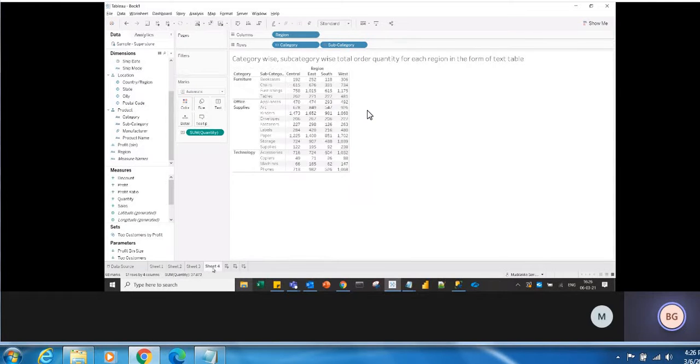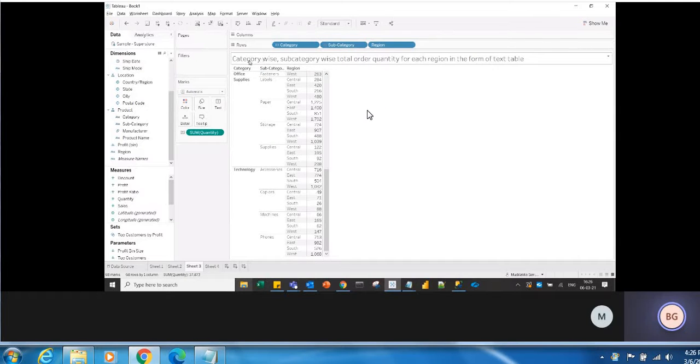Yes. Okay, so now the key thing that you need to remember in small multiple dimensions is, if you observe the question, for a nested table, how are we doing? We are dragging all the dimensions, right? Like category, subcategory, region, whatever the dimensions are there in the task, we are dragging all the dimensions at a time.